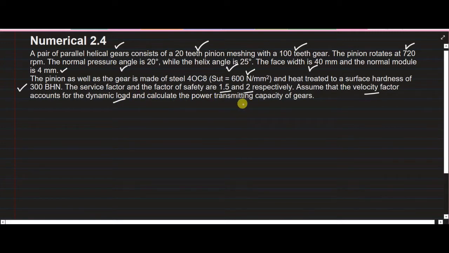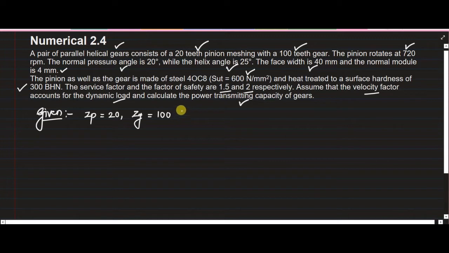of these gears. So as per our usual practice, first of all we will sort the given data so that our problem solution becomes simplified. So the given data is number of teeth on pinion ZP, it is 20. Number of teeth on gear ZG, it is 100. The pinion rotates at a speed of